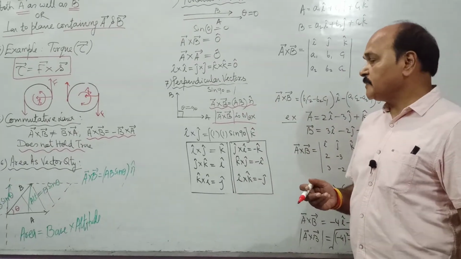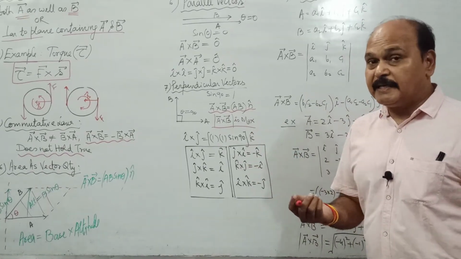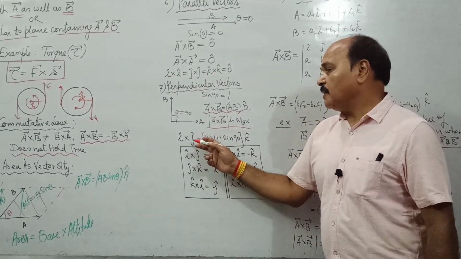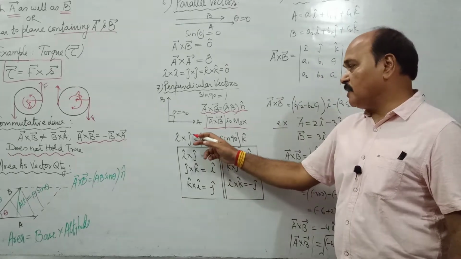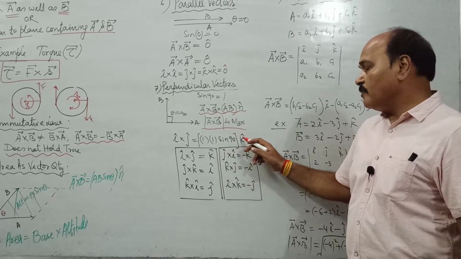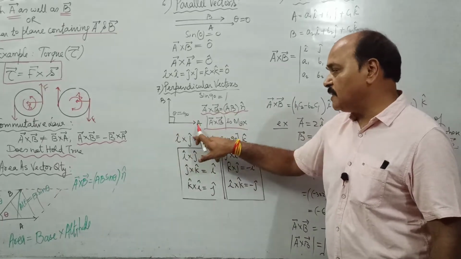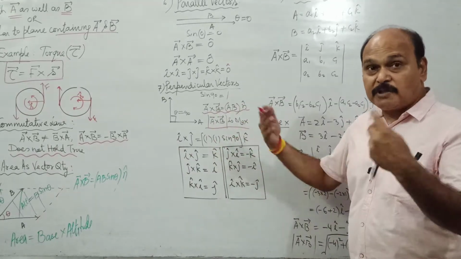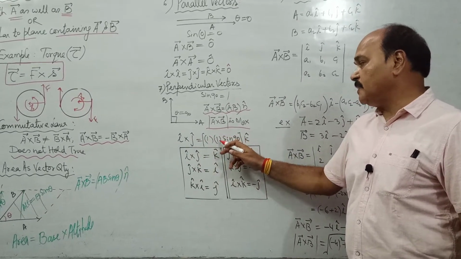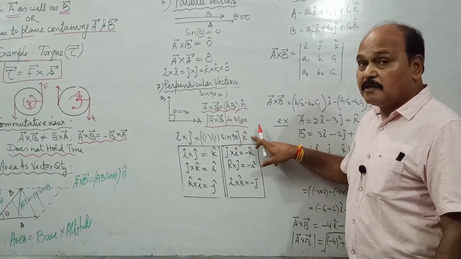Let us find out the cross product of orthogonal unit vectors I, J and K. What is I cross J? I cross J is going to be length of I, that is 1, into length of J, that is 1, into sine of angle between them, that is 90, into unit vector. And this unit vector has to be perpendicular to I as well as J. And in this situation, we know that I cross J is length of I, length of J into sine of angle between them into unit vector.